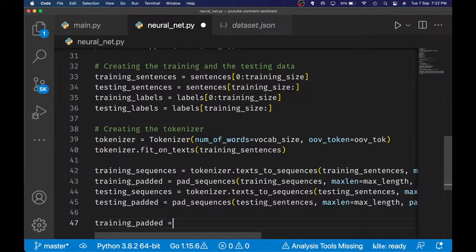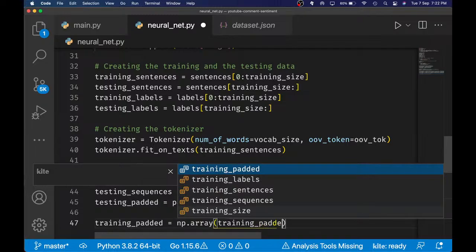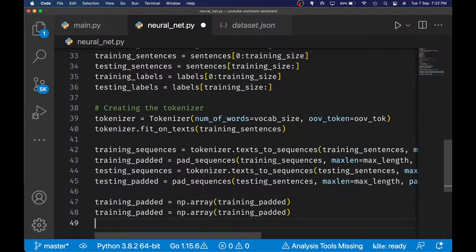So training padded is equals to np dot array, and that will be equal to the training padded, and obviously the training labels will also have to be converted to the numpy array, labels,